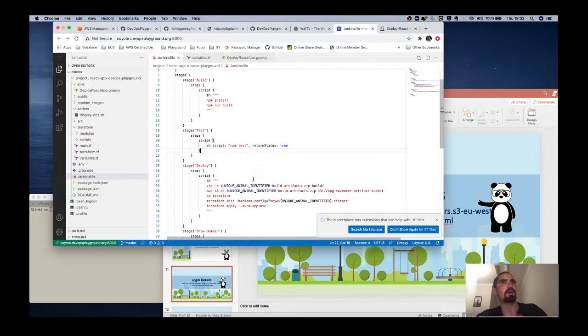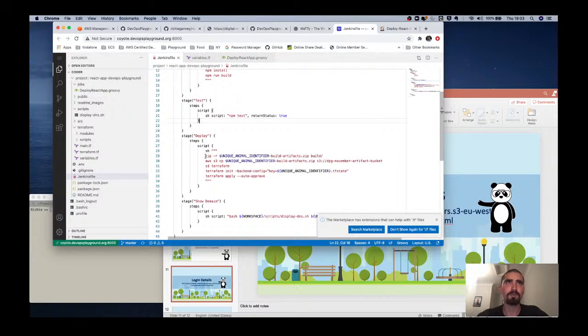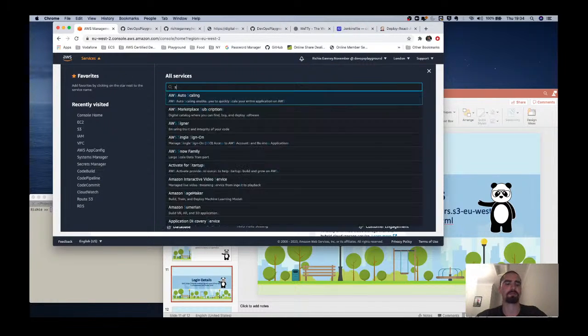Then it's being zipped. As I explained earlier, we're zipping up that build file, and then we're running that AWS S3 command to copy it up to S3, and then we're seeding into Terraform. But I can actually show you this, so you can see this being copied up. And if you go to the management console,